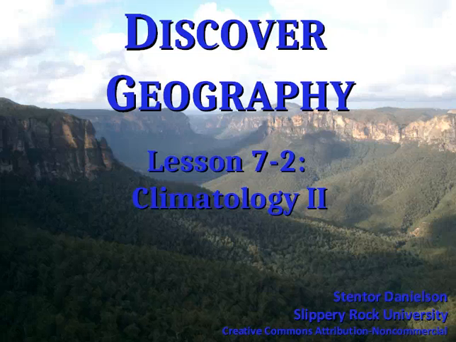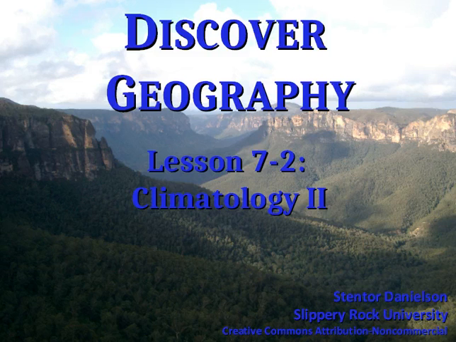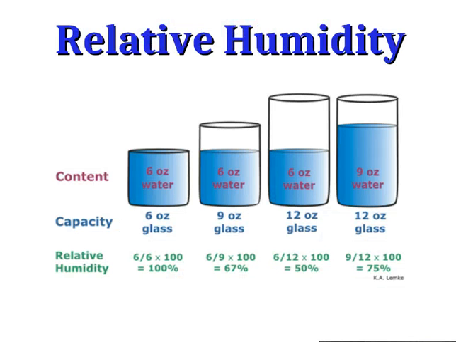Discover Geography, Lesson 7-2, Climatology, Part 2. In this lesson, we're going to look at some of the basic principles that influence the distribution of precipitation levels around the world. A key concept to understand, in order to understand why precipitation occurs in certain places, is the